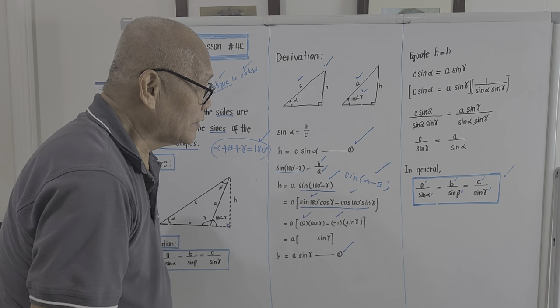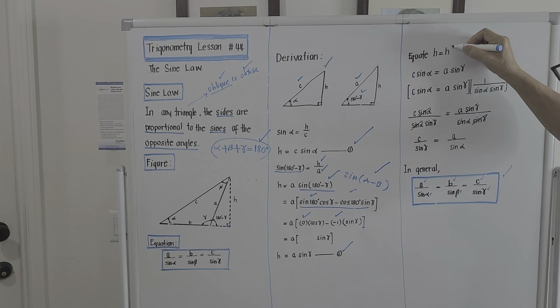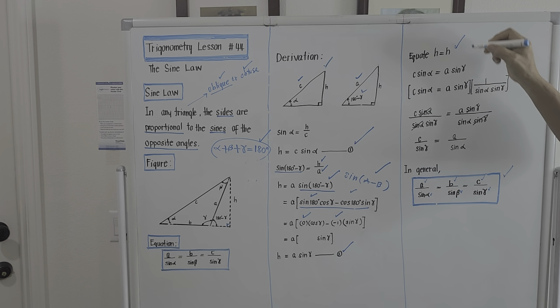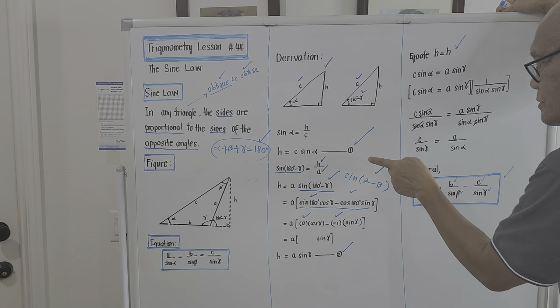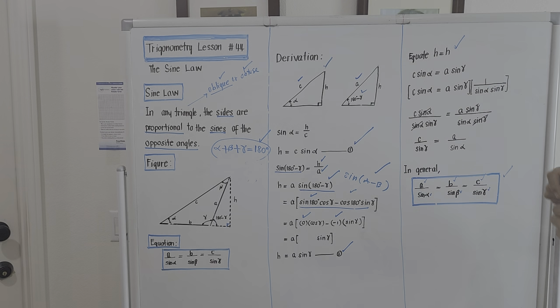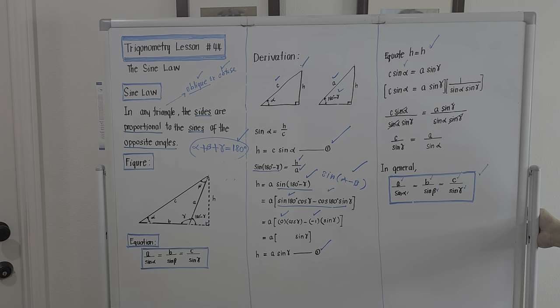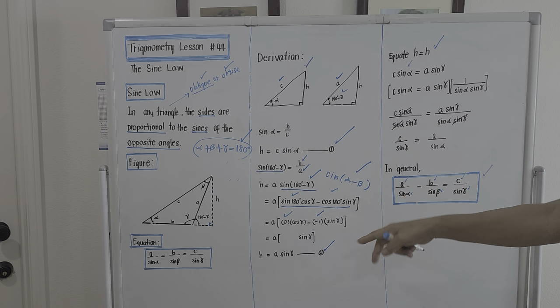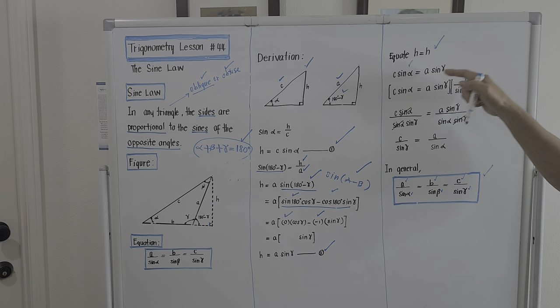Okay? Equating h is equal to h, meaning we equate equation number 1 to equation number 2, because the h mentioned in equation number 1 is the same as this one. So we equate their values. Using equation number 1, the value is c sine of alpha, right? And this should be equal to the value of h using equation number 2, which is the same h. It will be small letter a sine of gamma. So we rewrite this one,